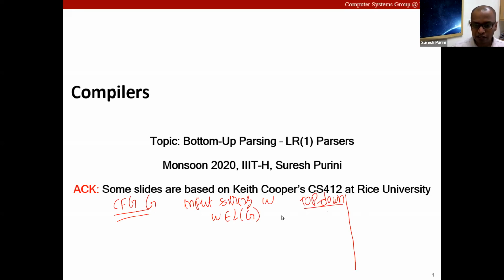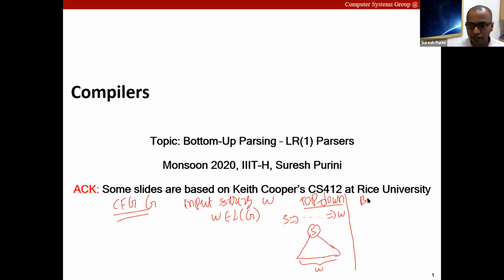In top-down parsing, with respect to derivations, we start from the start symbol and we keep going forward until we generate the string W. In terms of the parse tree, we start from the root node S and we keep expanding this parse tree until this parse tree expands to the input string W. This is the approach in top-down parsing.